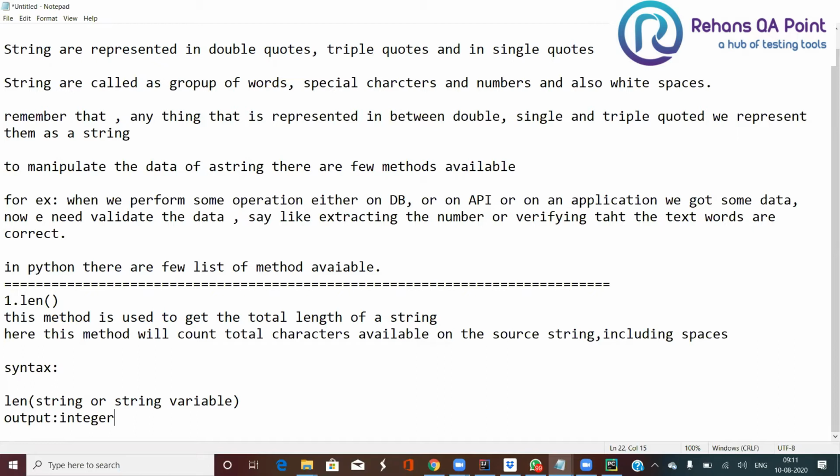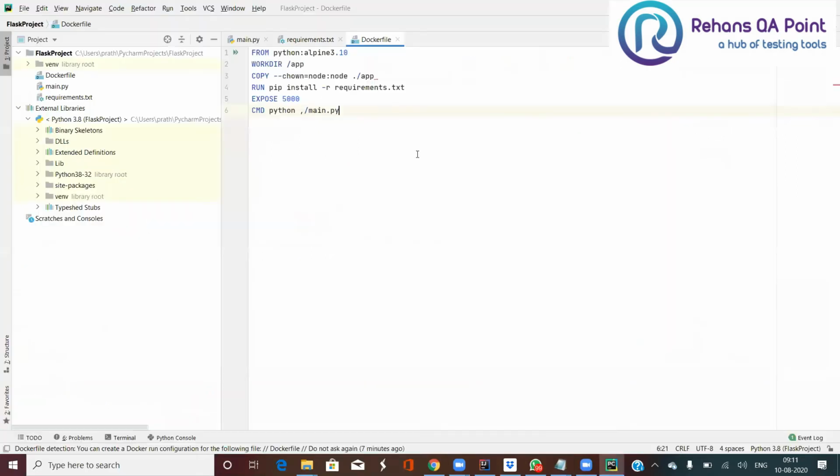Okay. So the first method that we discussed here is called length, which helps the user get the total length of the string, which includes white spaces also. So this length method counts each and every character available on the source string, then returns the total length of the string. So now we'll see how we can implement it.